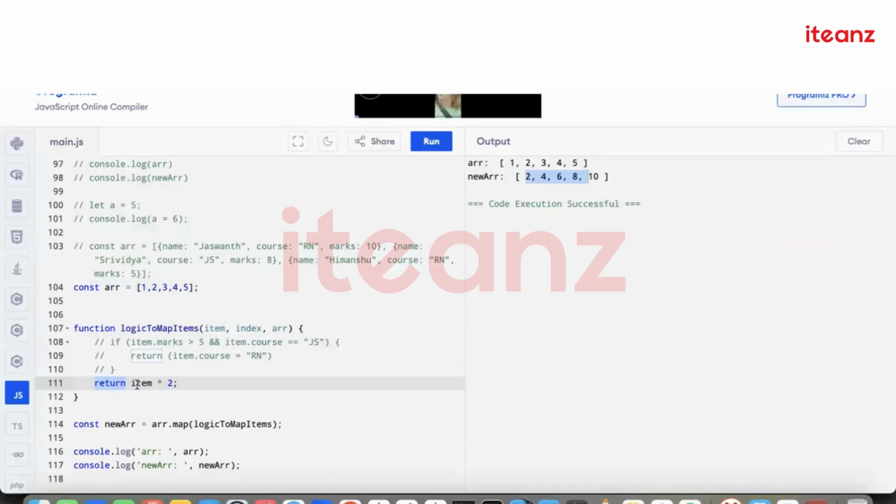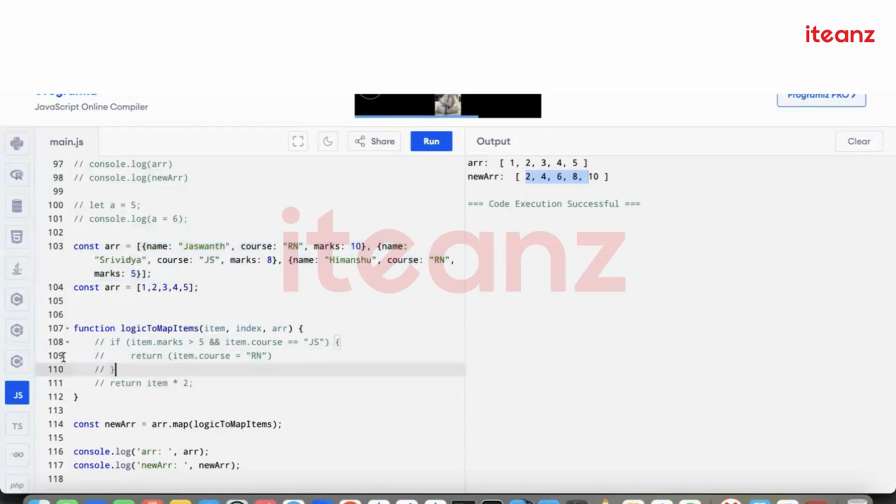Correct. That means in this case, it was a primitive array, and we returned a primitive result only. Now in this case, what is it? It is an array of composite items, right? So what do we have to return? What do we have to return over here? If I want to keep this array as intact as possible, see, again, what I can also do is, okay,